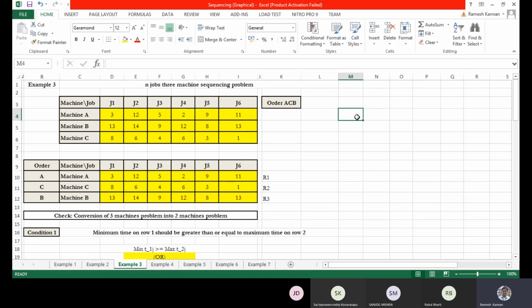If you don't look into the condition, say the minimum of row 1 and the minimum of row 3, let's check whether it is greater than or equal to the maximum of row 2.